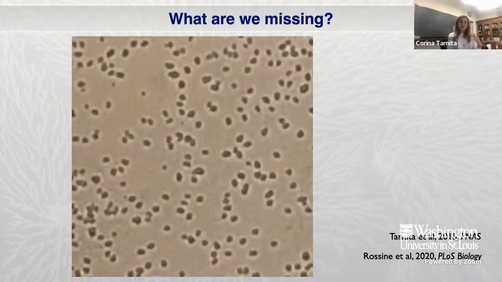And the reason I got really excited about this is that I started to think, what if we think about the full life cycle of this? The full life cycle is not what I showed you on the previous slide, but rather it also involves this separate life history strategy that stays as solitary individuals even though they are starving. And the reason for that, I thought, from an ecological point of view, is that it could be like a bet hedging strategy where these ones stick around just in case food comes back immediately in the environment. They're actually pretty long-lived. They live for about 200 hours, and so they can persist. Eventually, they'll die, but 200 hours is